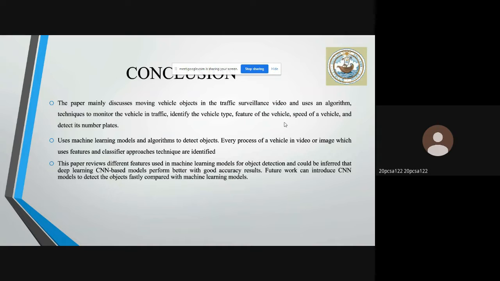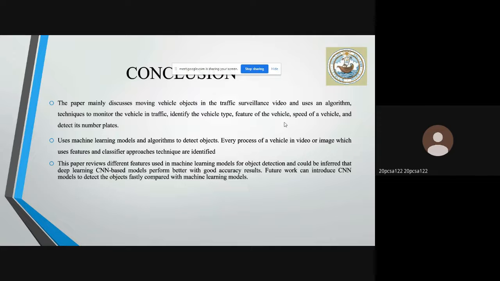Vehicle detection is a system that can automatically count the number of vehicles using features and some methods. The experimental result shows that the CNN based model performs well with good accuracy. So for future work, we can examine features based on a deep learning model, that is RCNN, region convolutional neural network, which helps to give